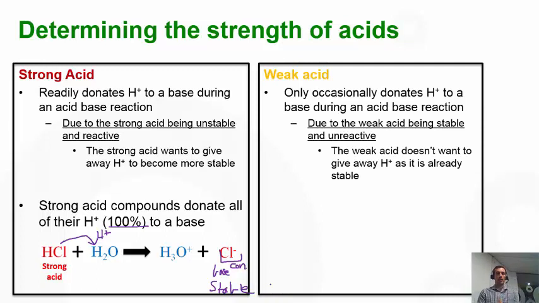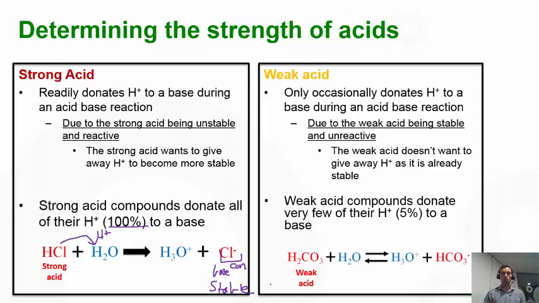What about a weak acid? How does that compare? Well, we know that the weak acids only occasionally are going to donate their H+, and this is because the weak acid compound is actually already very stable and unreactive. So you can think of it as being the weak acid not wanting to give away its H+. Why would it? It's already stable. So essentially,